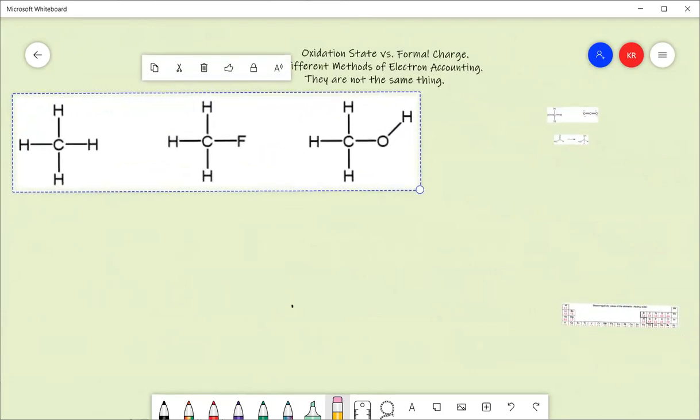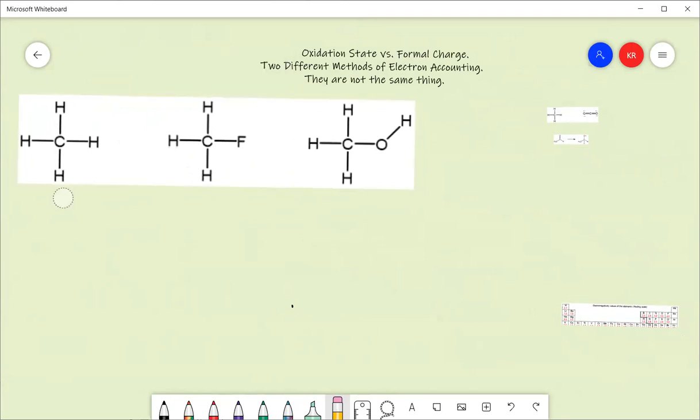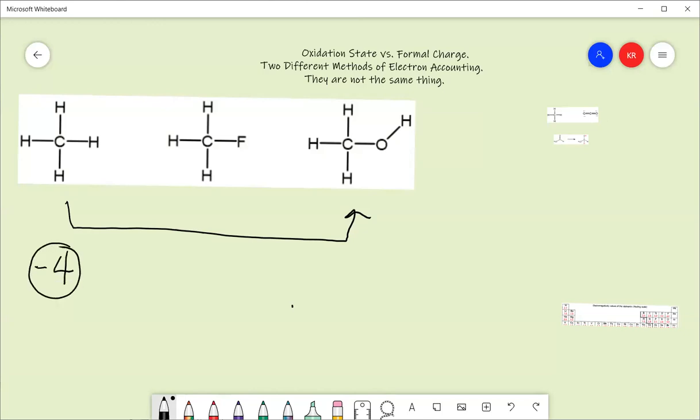Okay. So we've already seen that going from methane to methanol is an oxidation reaction because my oxidation state is -4 for methane. And for methanol, I'm assigning 2, 4, 6. So it is 4 minus 6, or -2. So I'm increasing the oxidation number, so that is indeed an oxidation. But what about